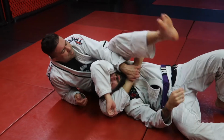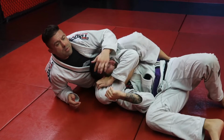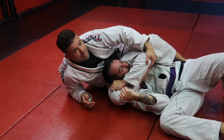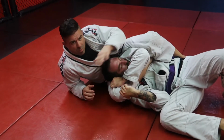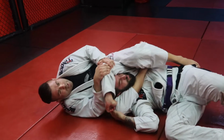So here, I lock my triangle up, and he's trying to defend, maybe giving me space for his head. I'm going to look to shoulder lock this arm, okay? It's going to be kind of like a Kimura, but without the Kimura grip. So the first thing I'm going to do, which I showed in another video, is to pull this,